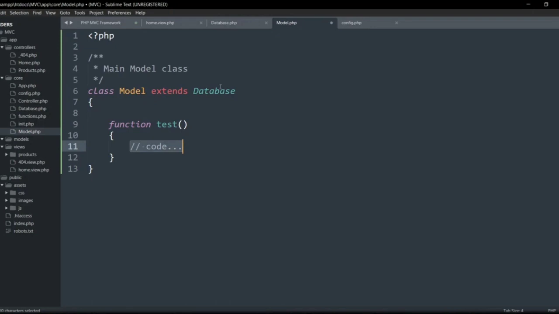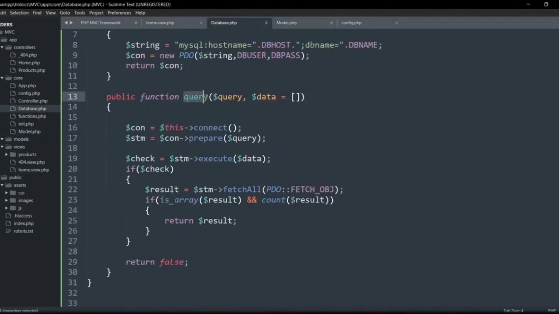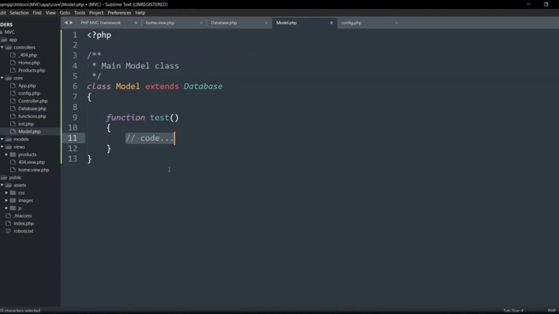And in here, what I'm going to do, because it extends database, it means everything in database here I can use. So I can run this query function. So if I want right there, I can run a query by just typing a query and say query is equal to, and then I'll just say select all from users. Now there is no users table, so